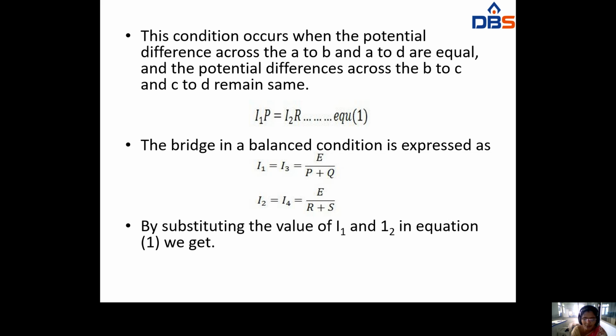By substituting the values of I1 and I2 in equation 1, in the place of I1 you can substitute E by P plus Q, and in the place of I2 you can substitute E by R plus S. At that time you can get